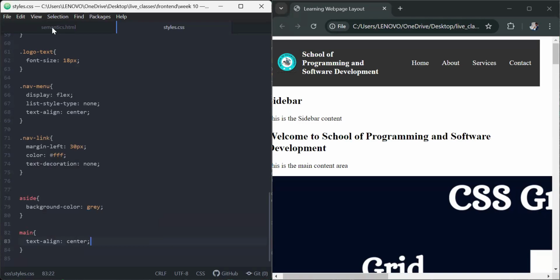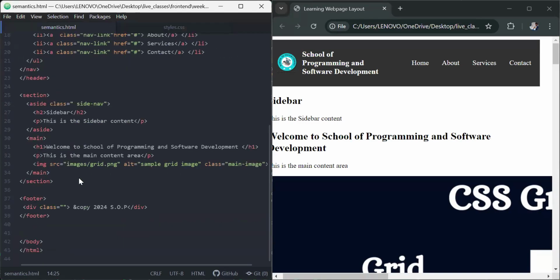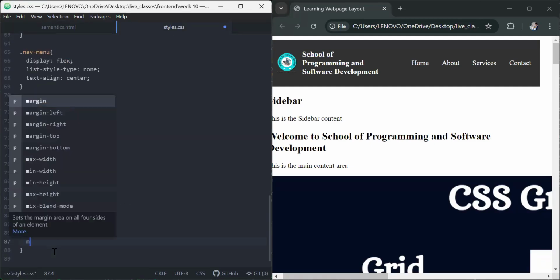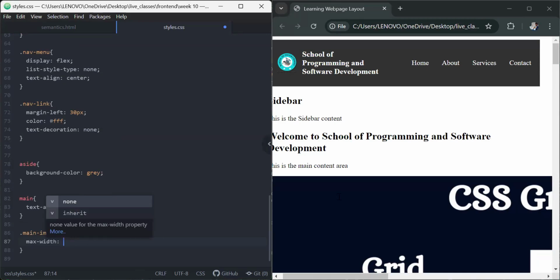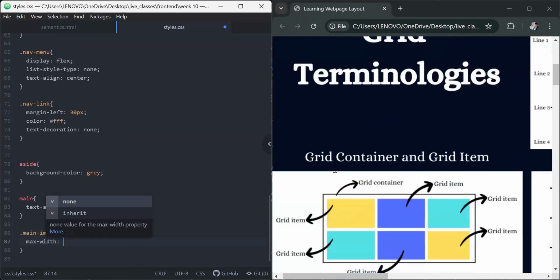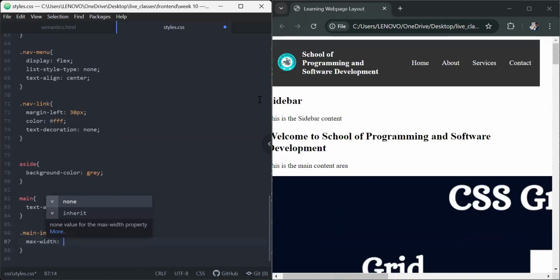And then we also have the main image class, for the image inside the main. Now remember when we said to make an image responsive, we use the max width. So you see this image is not responsive. It's currently taking the whole space and pushing out